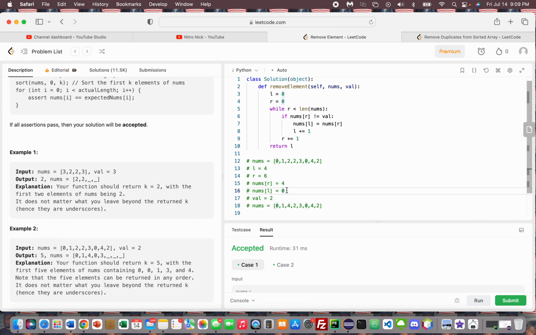And this is nums at 4, 0, 1, 2, 3, 4. This is 3. We then swap this to a 4. Oops, I missed this. This is 3. That was there. We then increase this to 5, this to 7, and then if nums at value is